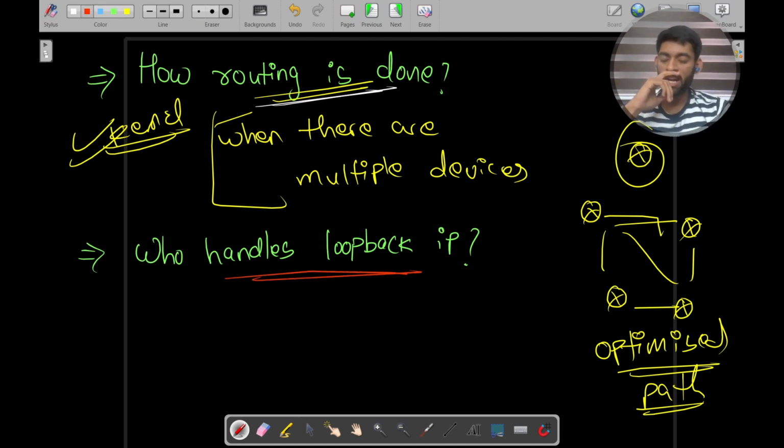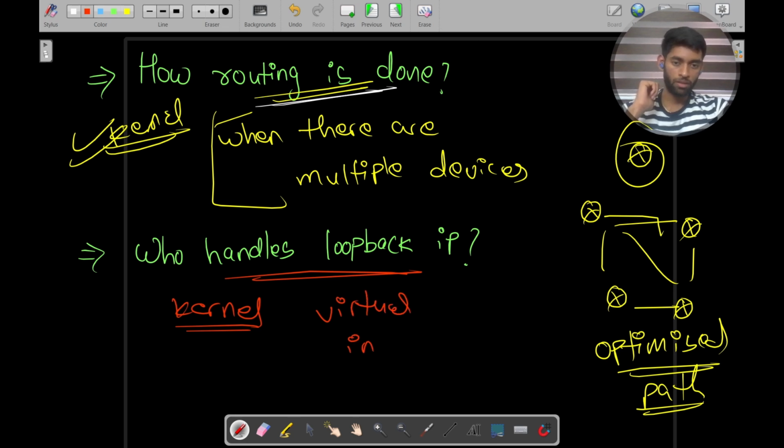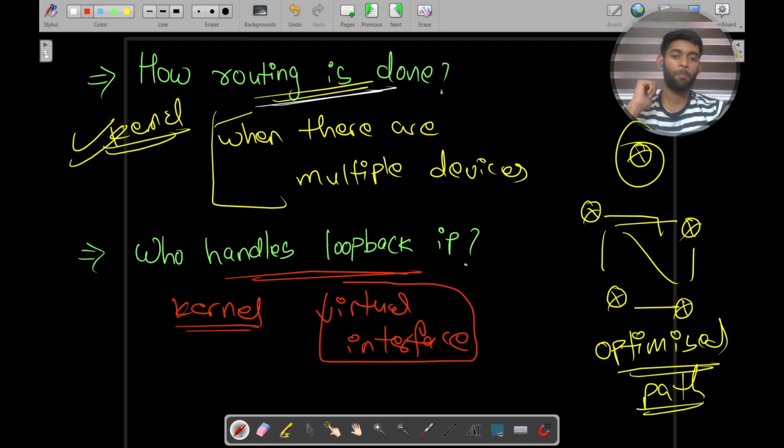Okay. Who handles loopback IP? Right now you are saying that okay, the kernel will handle it, okay. But in the kernel, there will be something specific, or it might be code or something, which will be responsible for diverting or transmitting the data into the same device, isn't it? Yes. So there is a virtual interface in the kernel, or I would say it is written into the operating system code only, and it is responsible for diverting,